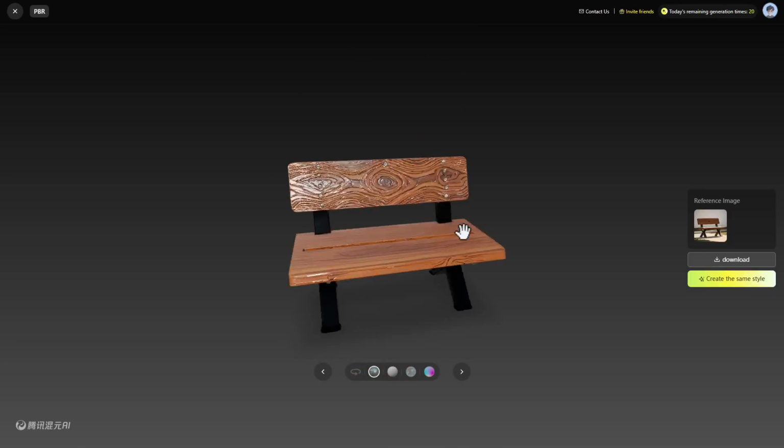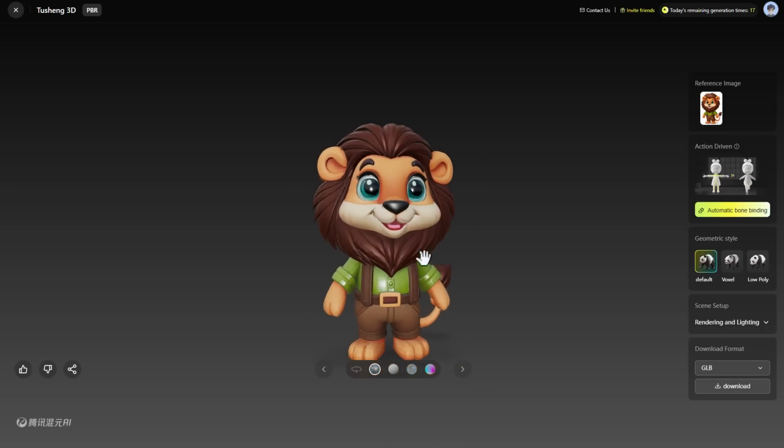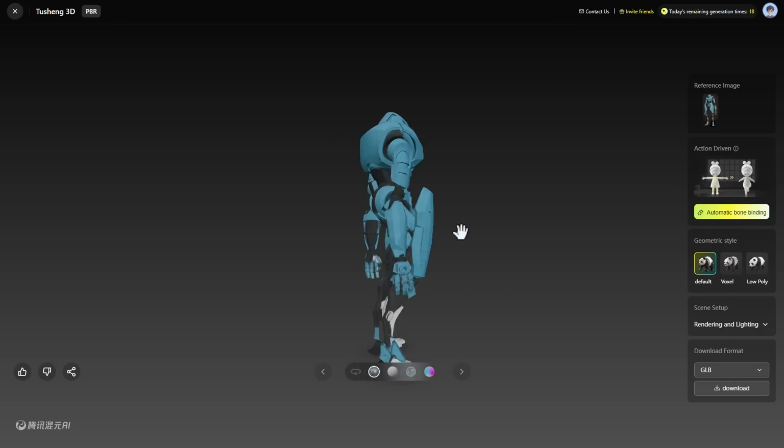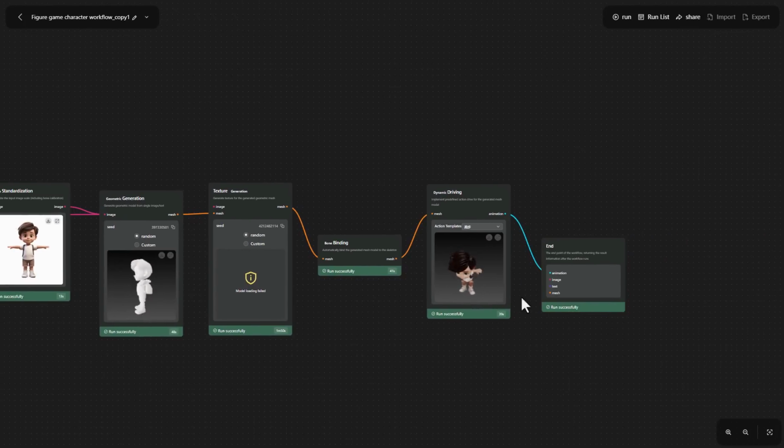Today we're taking a look at the newly updated version of Hunyuan 3D, as version 2.5 is now here. Hunyuan 3D is an open source high quality 3D generative model from the folks at Tencent, and the brand new version, which is Hunyuan 3D version 2.5, now makes it super easy for you to throw in a single image